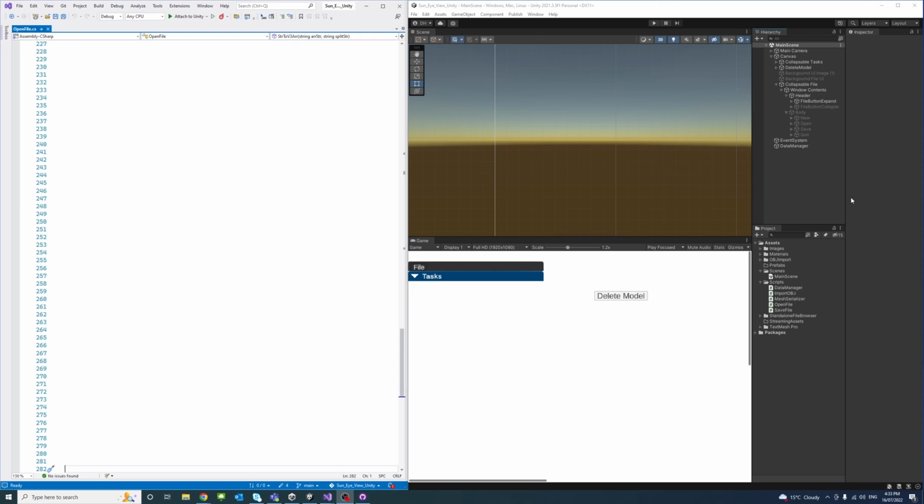Hello, this video will show how to collapse an expandable menu on mouse exit in Unity. I will link in the description a video that shows how to build an expandable collapsible UI in Unity. As a result, if I hit play,